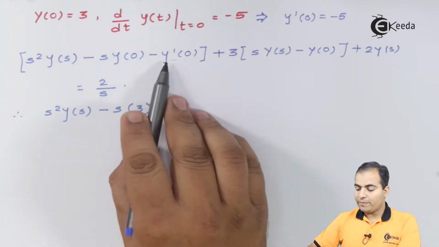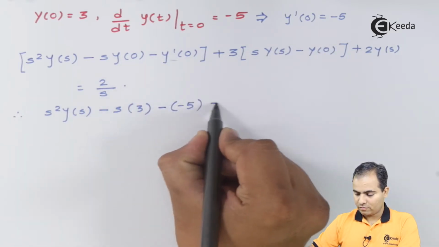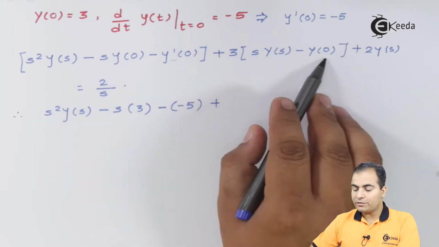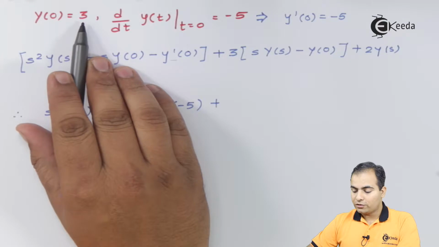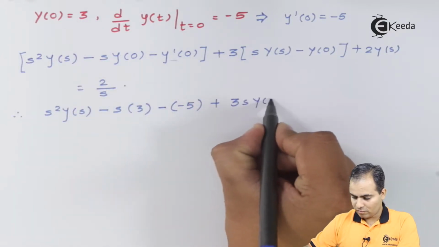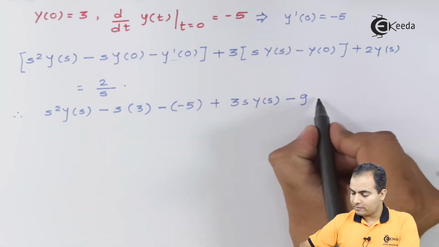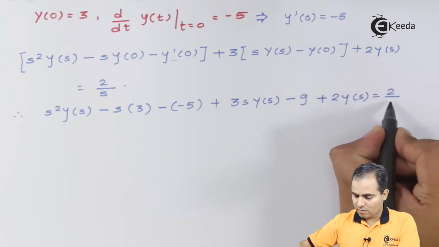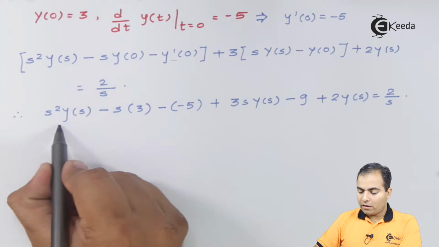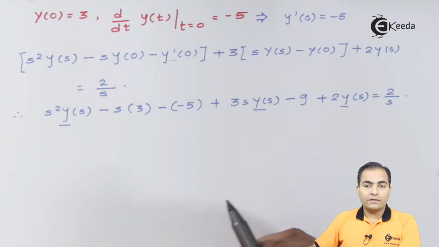So I'm going to replace this y dash of 0 value by minus 5. Now multiply this 3 inside this bracket as well as substitute the value of y of 0, which is 3. So you can say that 3 into 3 will give us a 9. Already here we have a minus sign, so the answer is minus 9. And at the end we have 2y of s equals to 2 of s. Now equate all the terms of y of s, or you can say take y of s common from